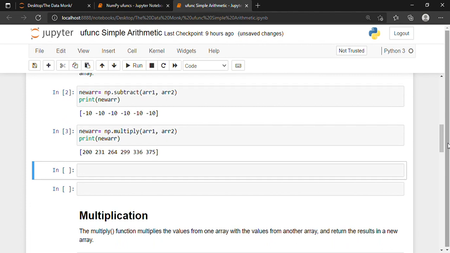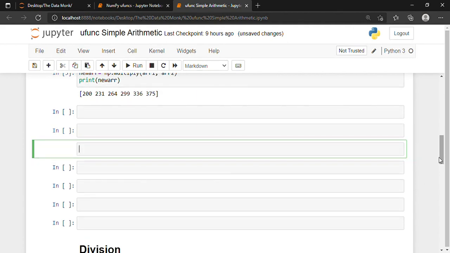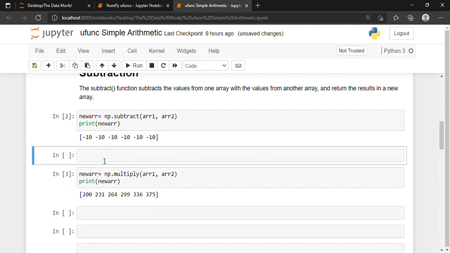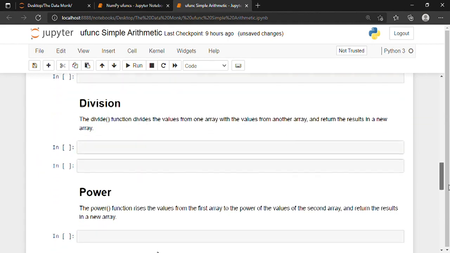Now moving on, we go to the division. For division, let's change the array we have been using. Multiplication I did over here, not a problem. I'll just cut it from here and copy paste it over here. I'll insert cells and make this a markdown cell using escape and M, and then I will simply paste it over here and press shift and enter. Done.